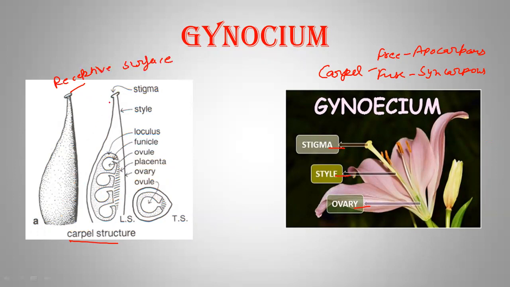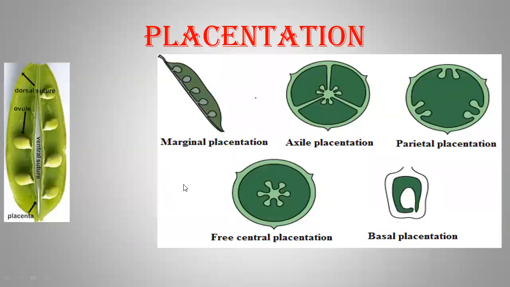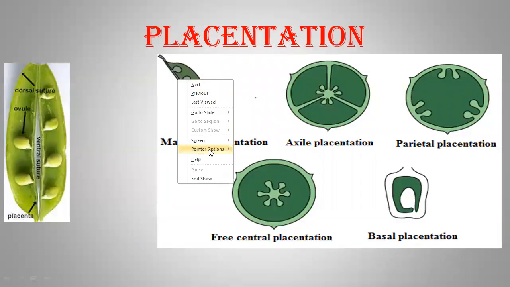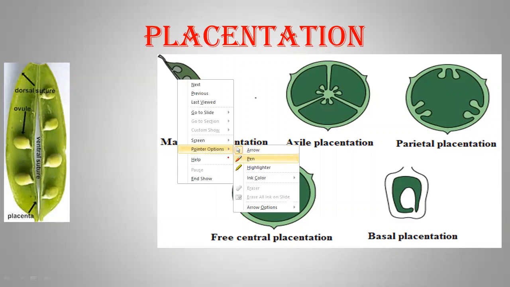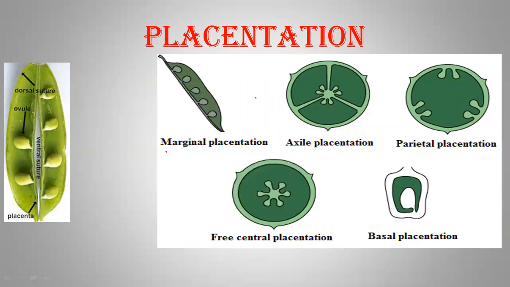Then the stalk, this is the style, and then the enlarged basal ovary. In the ovary, ovules are found which are attached to a flattened cushion-like structure, the placenta. So the arrangement of ovules inside the ovary is called placentation. And that is also of five types. First, we talk about